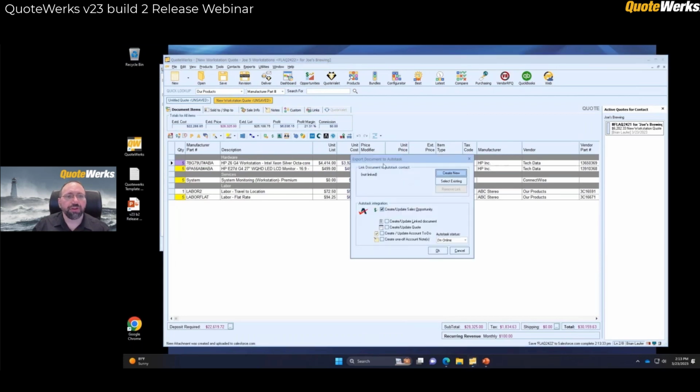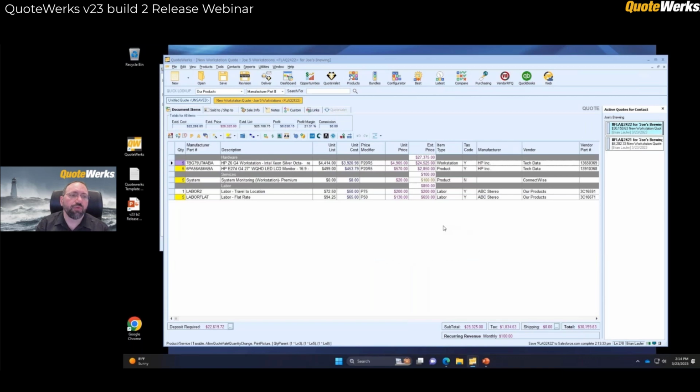And now you'll notice that this window popped up for Autotask. And this is going to be a setting. Not everybody is going to want to have it popped up every time, so you can turn this off. But what's nice is at this point, I could link this with an existing opportunity or existing contact within Autotask or create a new one. But I'm going to go ahead and skip it at this point